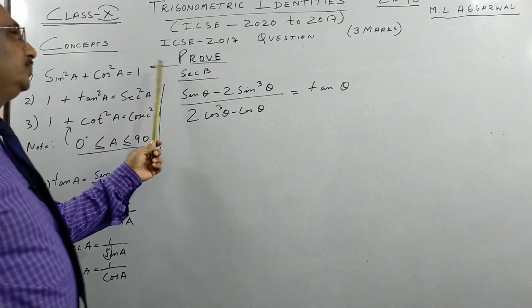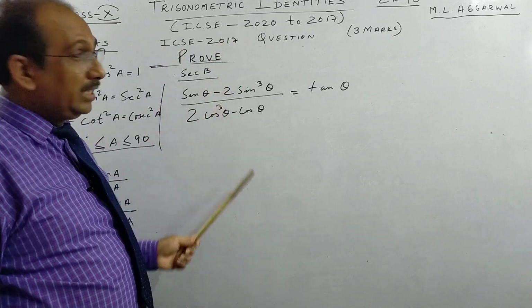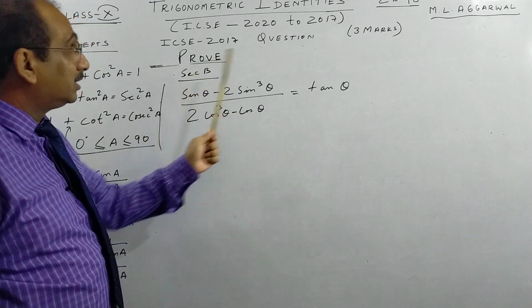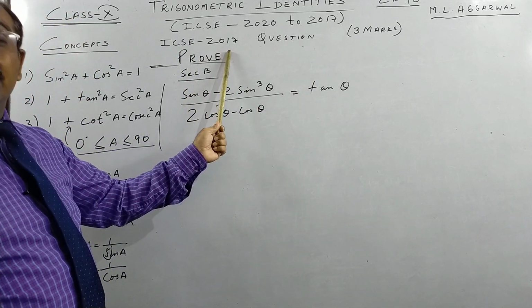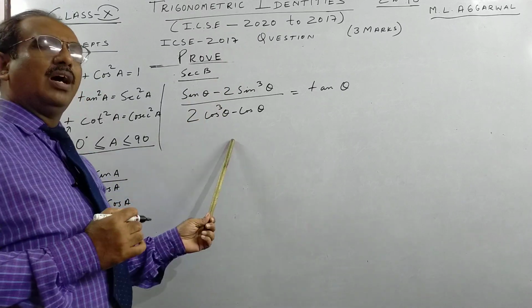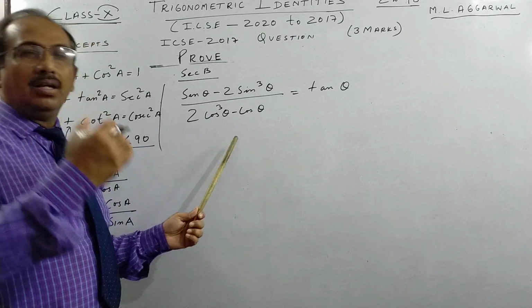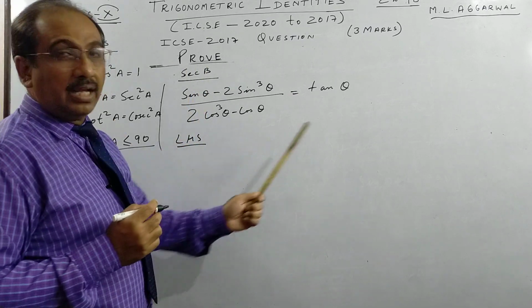So we go to second question of 2017. What I did was in section A, and this is again a 3 mark question in section B. So 2017, like some other years, we have 2 questions, children. So this is a little hard. You see, some questions are a little hard. Let us see. So I start with left hand side. Again I have to prove.